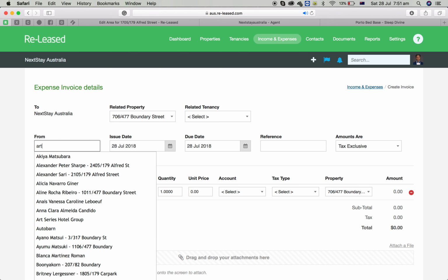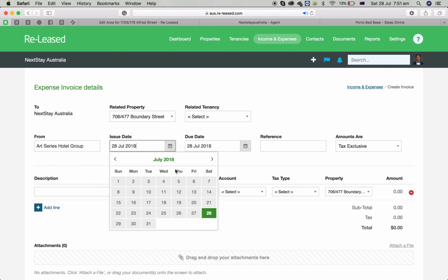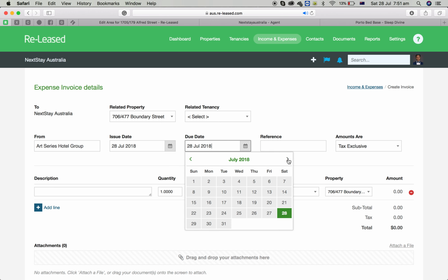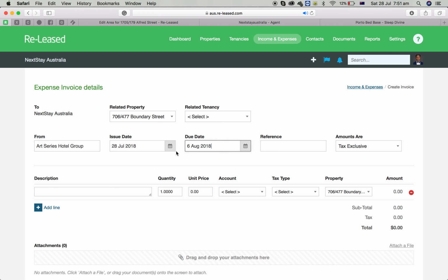So from the same person or company, we can allocate it as for today. The due date is actually the moving in date of when we're going to start managing this property. We can say the 6th of August, and then for the reference you can say 706 477 bond. We can add the word bond payment. Then we say reference, copy and paste. The bond amount in this case is going to be 4 weeks rent, so it's, if I'm not wrong, $1,660,